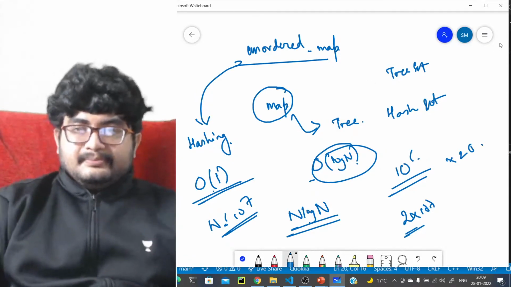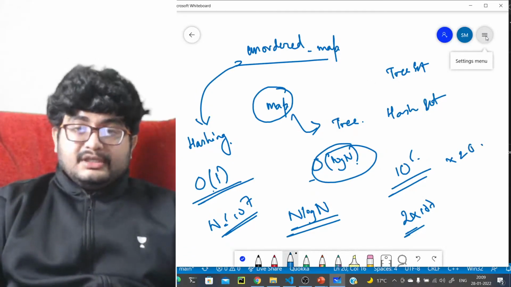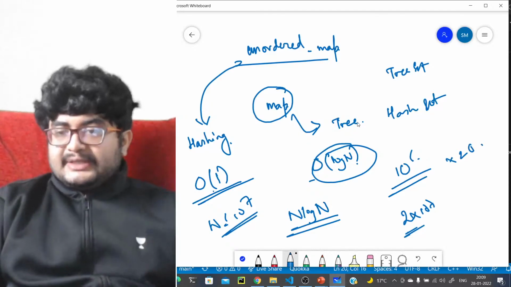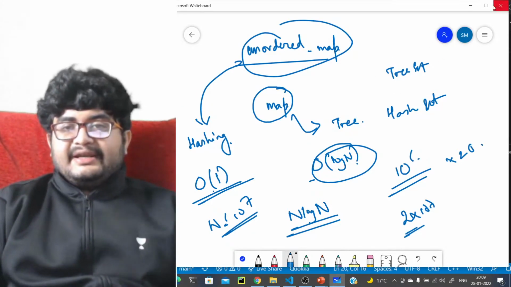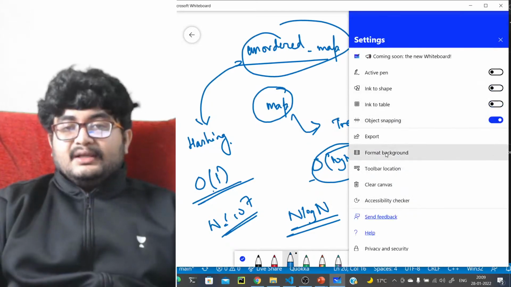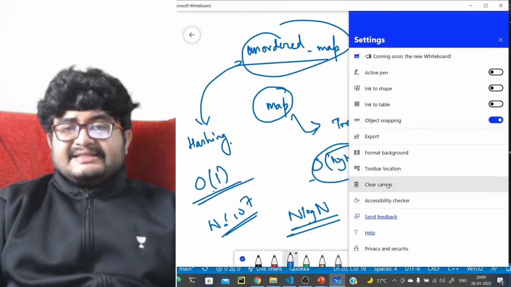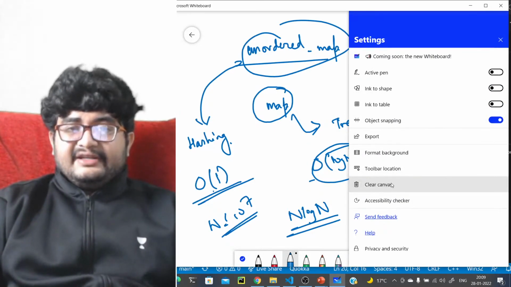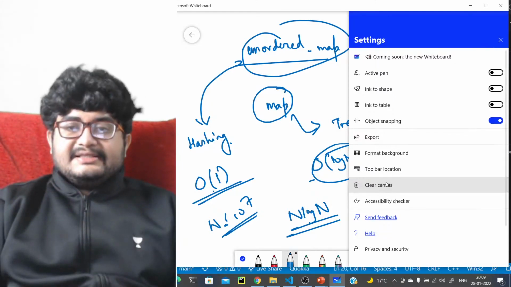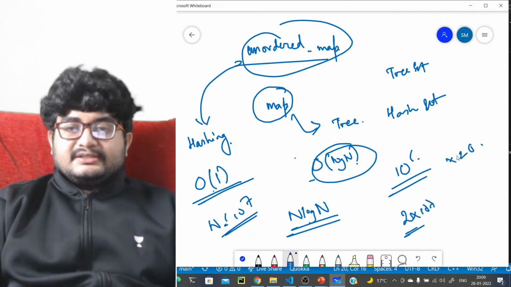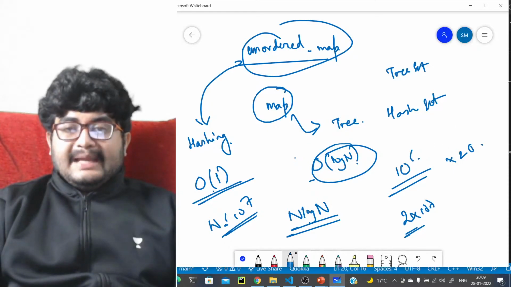So just think about this. If you can use a map, and in most cases you can, use it, but if you cannot, in those cases you should go to unordered map or unordered set, right? Those variants. I'm not discussing them in detail. They are the same thing, only the implementation is different. I don't think anything else is needed on that. Let's just go ahead with a map.